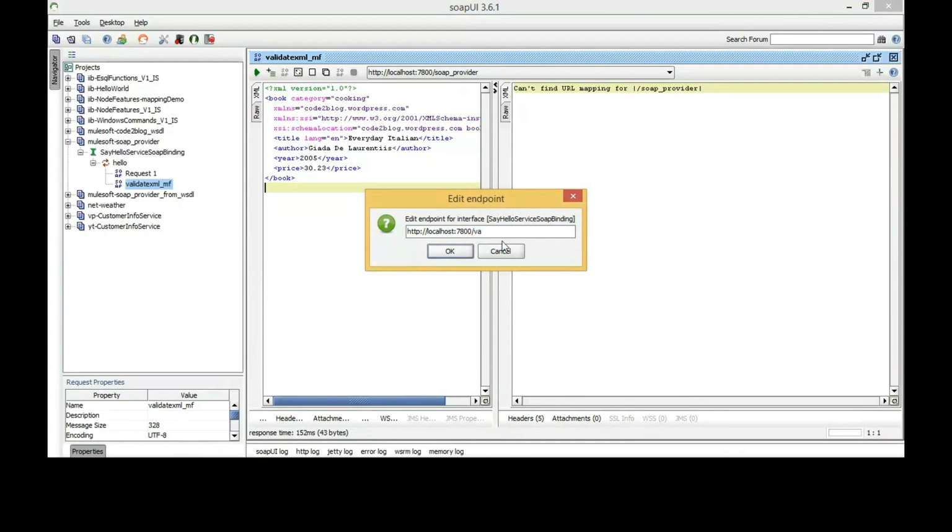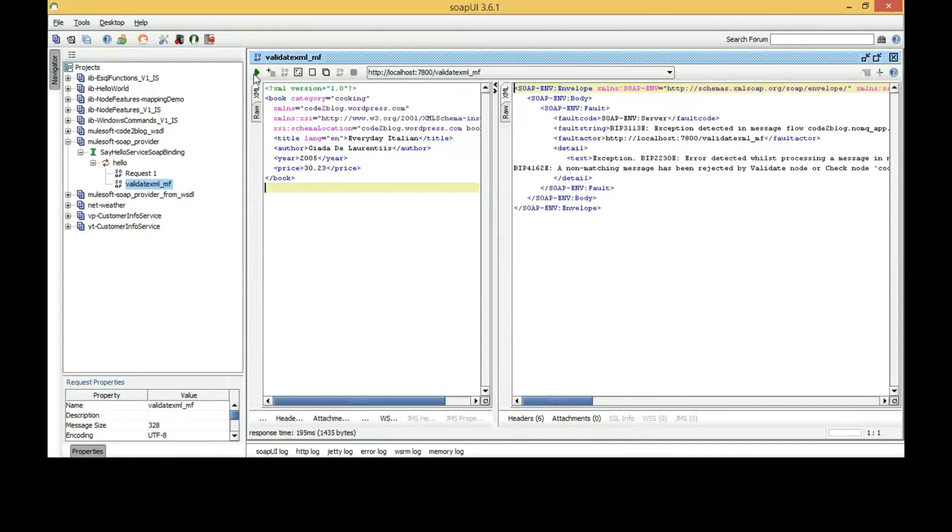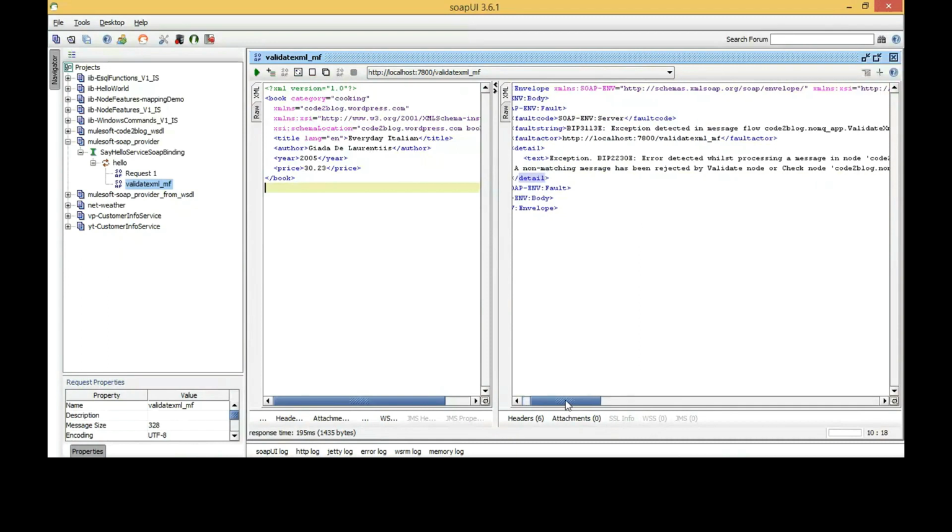I will test my flow using SoapUI. When I provide an input message to the validate XML flow, I get back an error and it says validate node